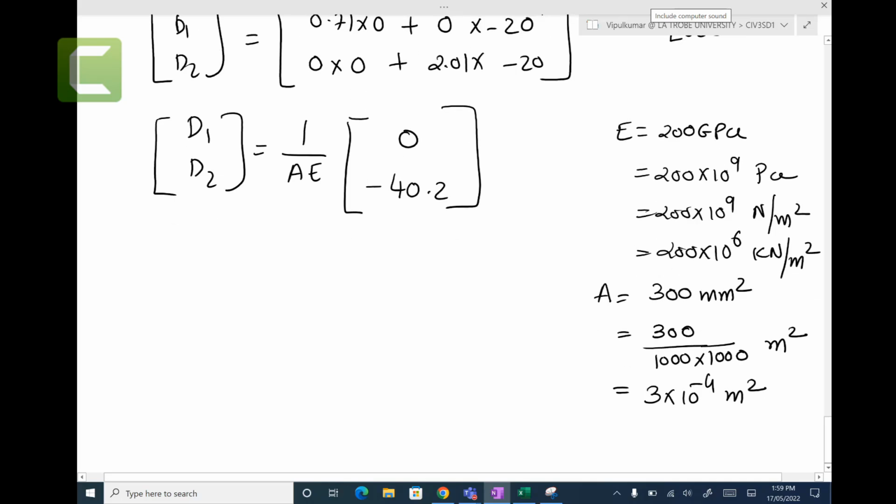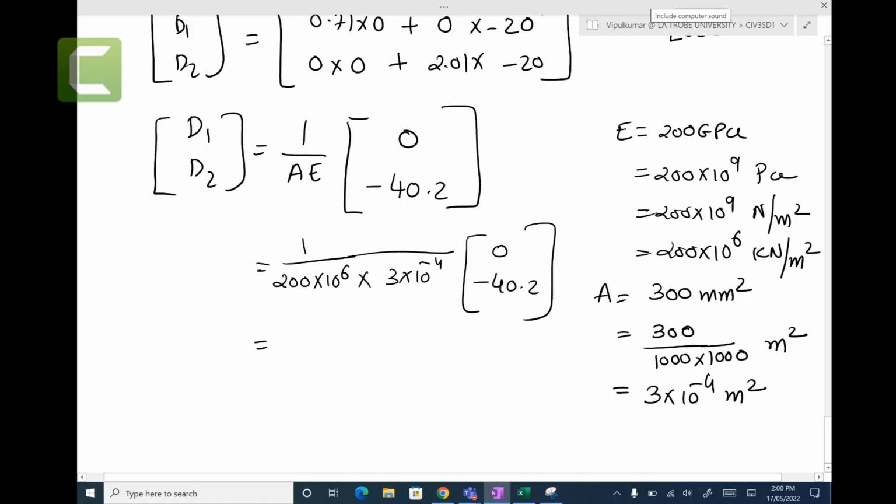So far so good. This block here, AE, 1000 millimeters equal to 1 meter. You have 2 millimeters, so you divide by thousands two times. 3 times 10 to the power minus 4. All right, so now we're going to plug in the value: 200 times 10 raised to 6 times 3 times 10 raised to minus 4. So that would be